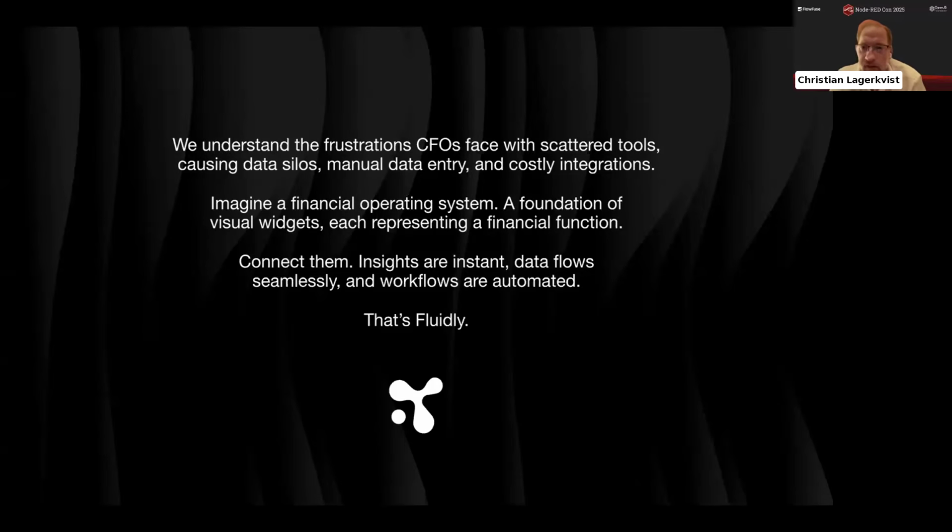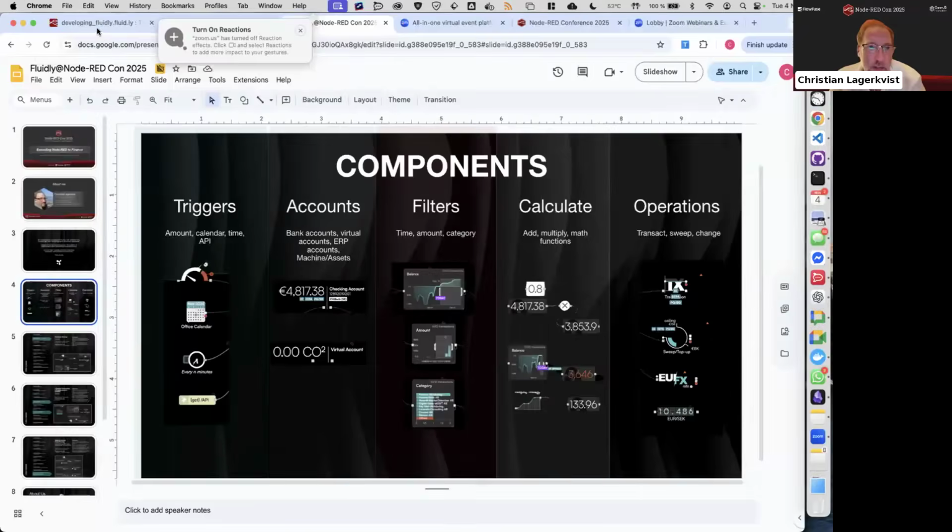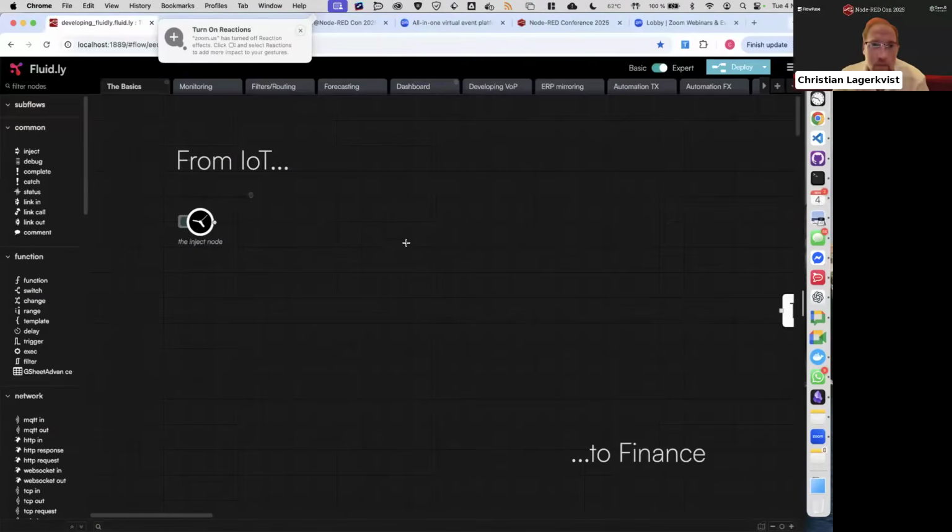So it's early days, and this is my first official demo, so you better hold on to something. Demo time. Here we go. So this is Fluidly, and you recognize most of the things. I've done some tweaks to the editor, nothing on the server side though. So all the existing 5,000 plus Node-RED nodes can be just popped in here and play along with my Fluidly